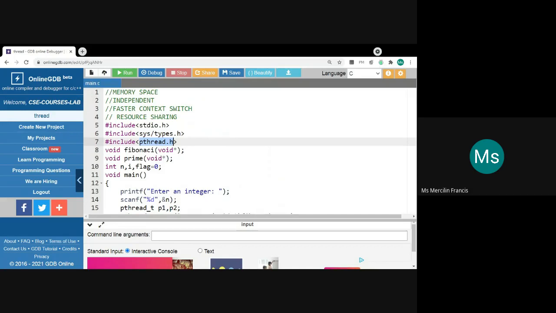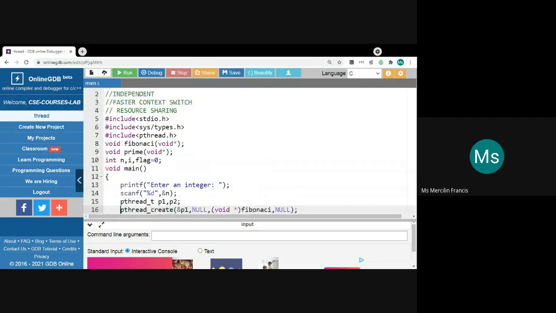So header files are included first, then functions are defined. Necessary variables are also used. Here n and i are declared globally, so they can be accessed globally by all the threads.